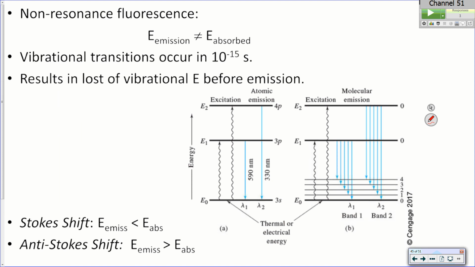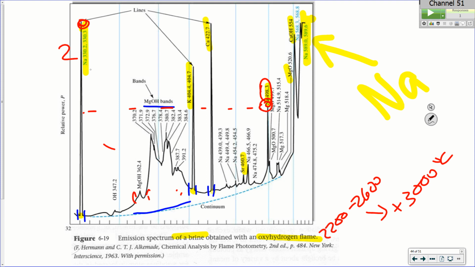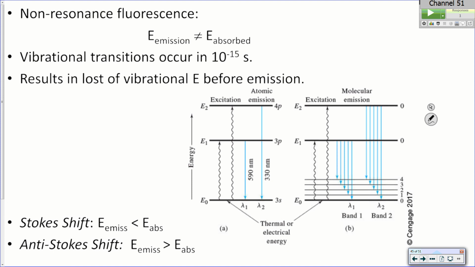All right, so we said resonance fluorescence, which is what happens with these particular species. This is emission, but they would absorb at the exact same wavelength. So if I wanted to know where sodium vapor would absorb, well, it's exactly the same wavelengths that it emits at, because atoms undergo resonance. So sodium's 330, potassium's 404, calcium's 423. They don't have anything but electronic energy levels.